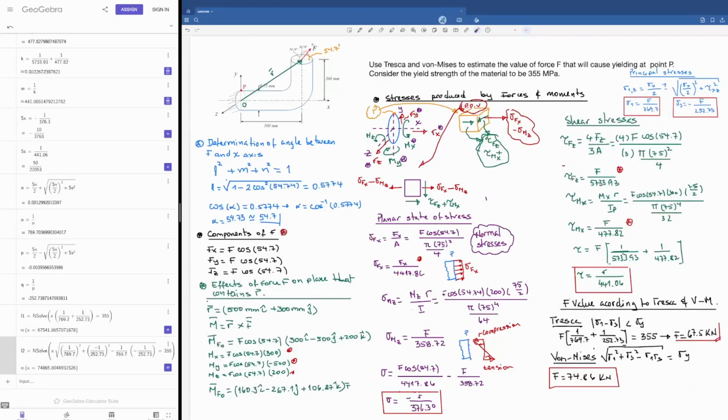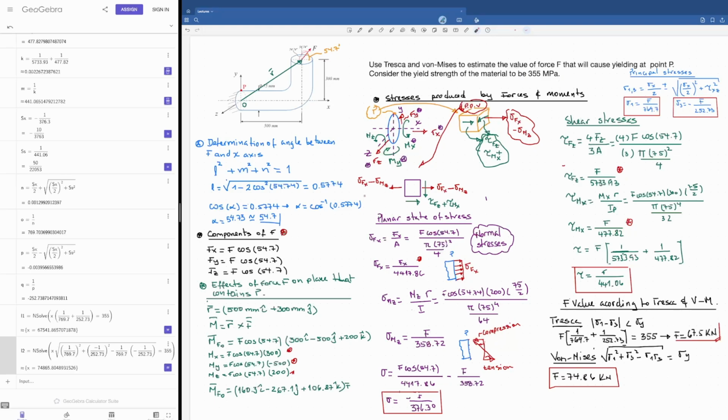In this problem, we are going to calculate a force that will produce yielding under these specific loading conditions. We are going to use direction cosines to describe the orientation of the force in space. We are going to use the vector representation of the moment to calculate the moments caused by the force in this section here, because we're interested to see what are the stresses caused at point P, and then find out